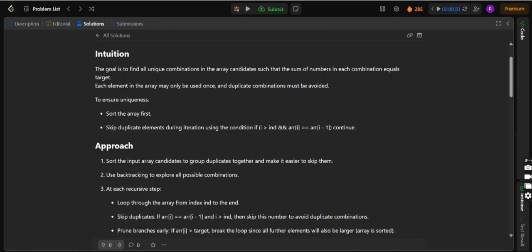So firstly we sort the given input array to group duplicates together and make it easier to skip them. Then we use backtracking to explore our possible combinations.